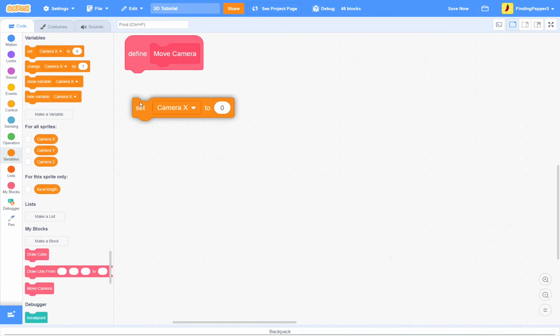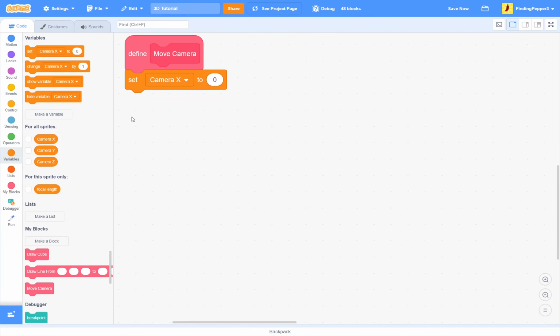Inside, we'll want to change our camera variables. Let's start with camera X. Now camera X is left to right, so let's use the D key to move right and the A key to move left. Now we could use if statements and check if key D pressed, change camera X by 1, or whatever,